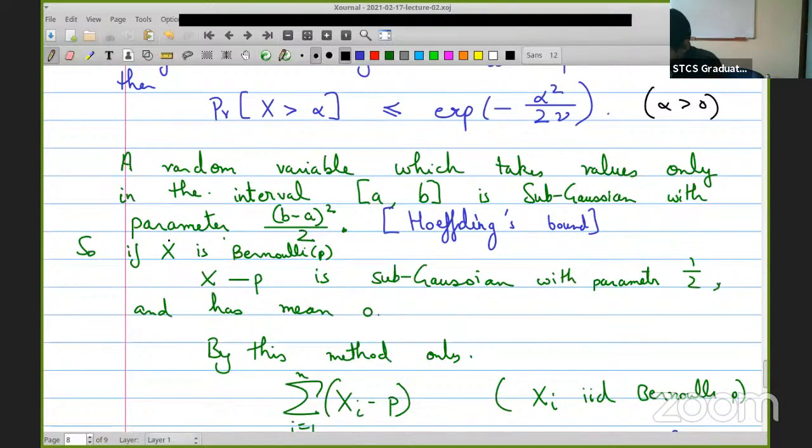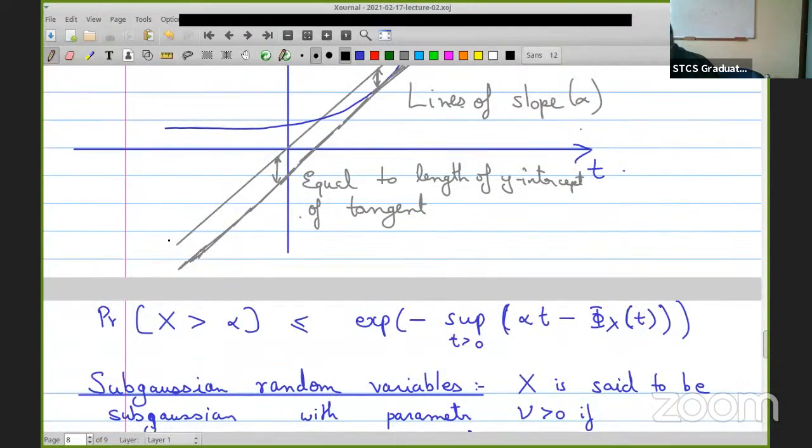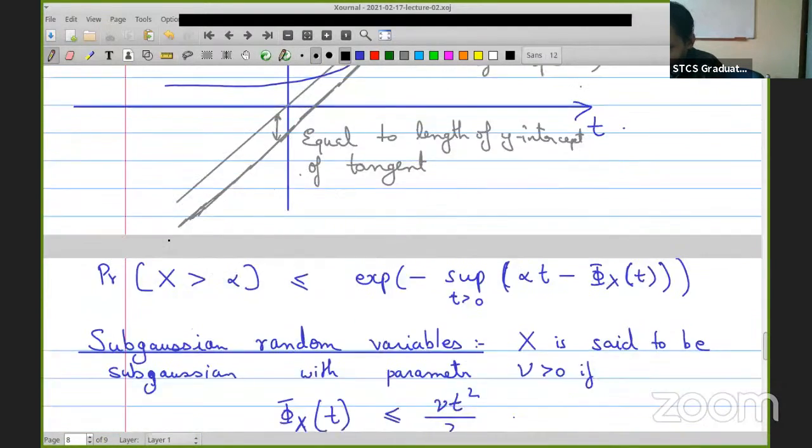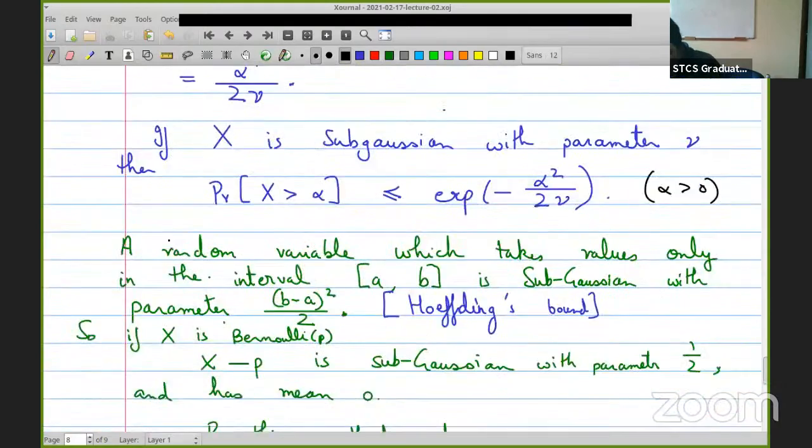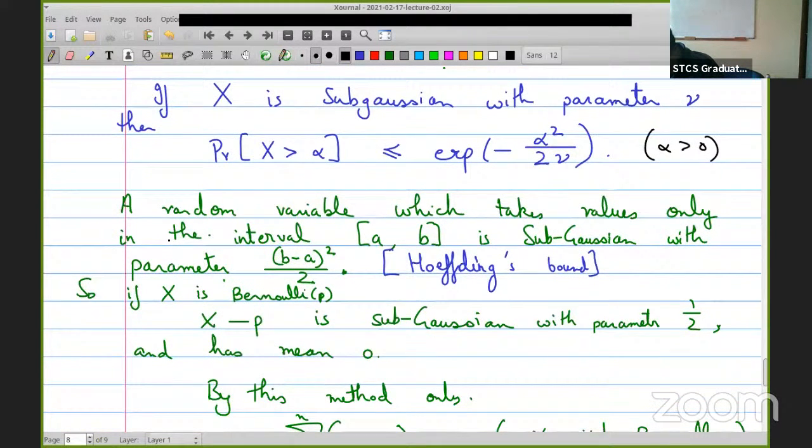The point of this for us, though, is that bounded random variables, such as Bernoulli random variables, are absolutely bounded between 0 and 1. A bounded random variable is nice. So there is this thing called the Hoeffding bound. This says that a random variable which takes values only in the interval a to b, where a and b are real numbers, is sub-Gaussian with parameter